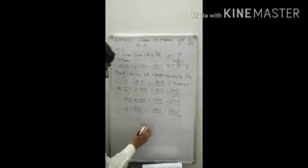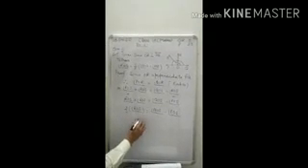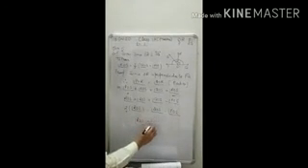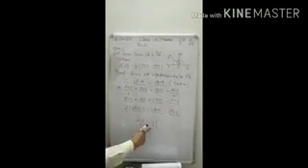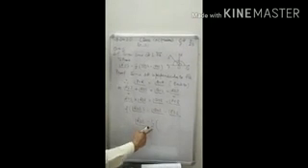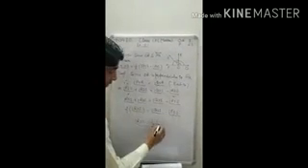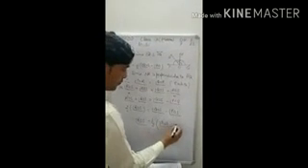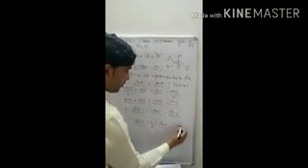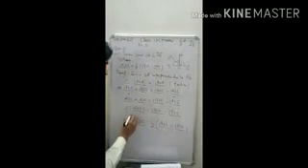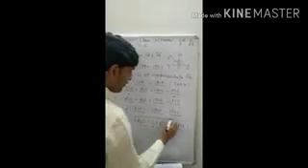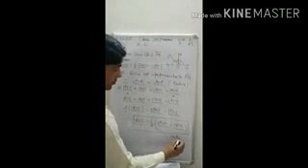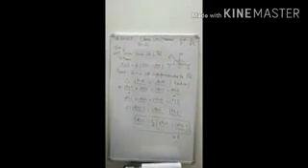Therefore angle ROS will be equal to half of angle QOS minus angle POS. Half means it will divide, so we write it in the denominator. So this is the required result that we had to prove. Hence this is our answer.